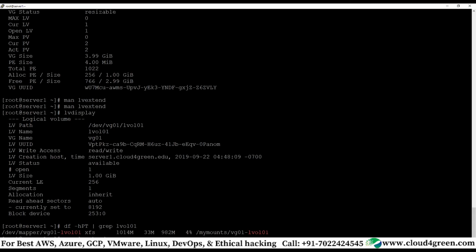And then you give the path of the device. Either you give this device name or you give the mapper path.